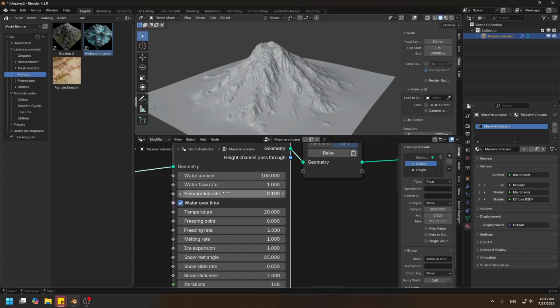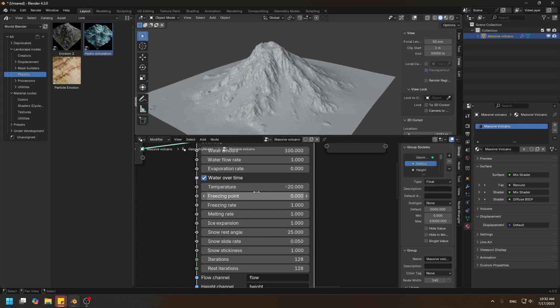Every iteration, a certain amount of water will be removed from the landscape. And we can set this to 0 to preserve the entire amount of water. And we have the temperature, which we already covered. We have the freezing point. This is the threshold at which the water starts to freeze into snow and snow starts to melt into water